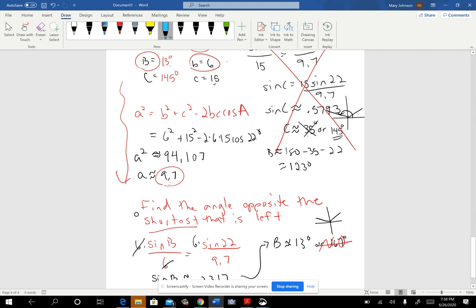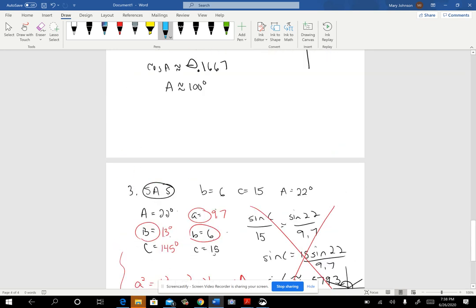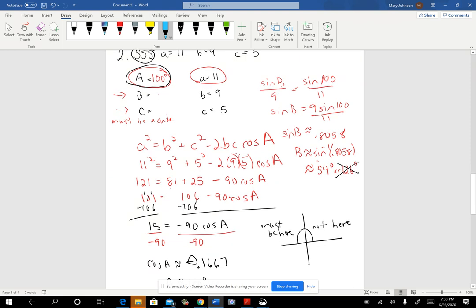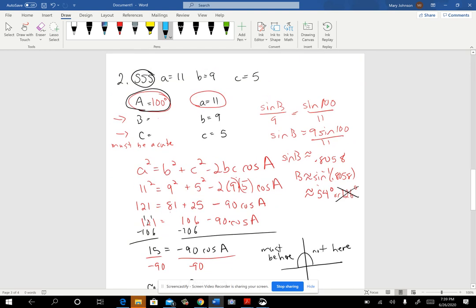Okay, let me write that in a different color, because it must be acute, which would mean you don't have to worry about thinking about the obtuse angle, okay? And then back with the side-side-side case, the recommendation there is to find the angle opposite the longest side first, okay? So that's what you're supposed to do, is find the angle opposite the longest side first,